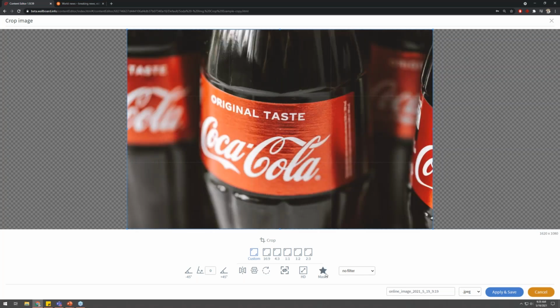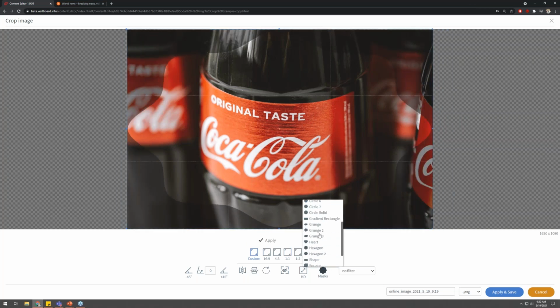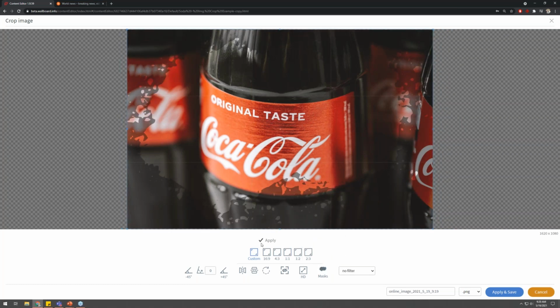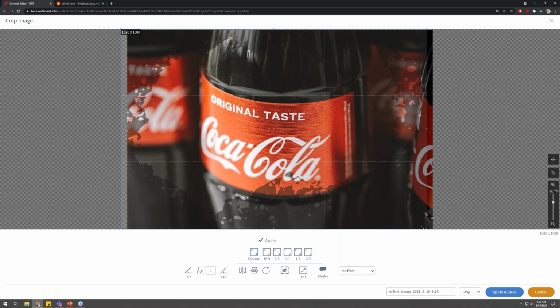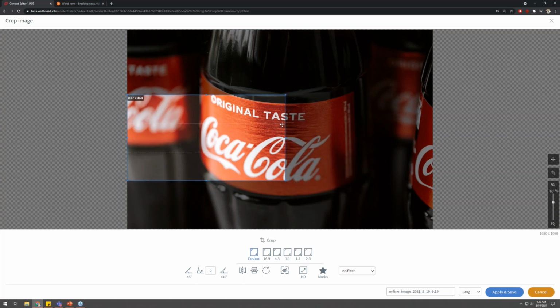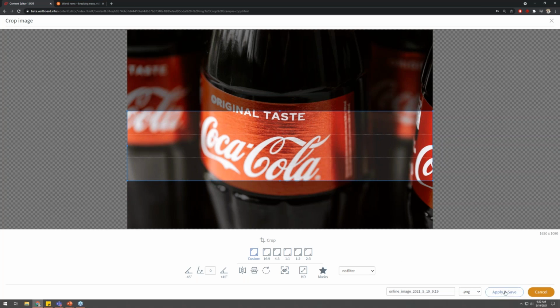And then also I can add the ability to bring in mask. So if I want to utilize a different way of cropping, I can go ahead and do just that with one of these mini masks so that we can bring in a specific item. So if I choose custom here, of course I can shrink it up and grab a certain area of it. Now in this example, we're going to go ahead and just do no mask. I'm going to grab a section. Now, once I click apply and save,